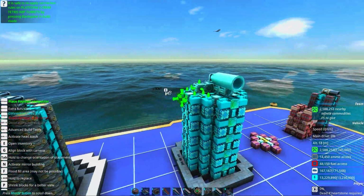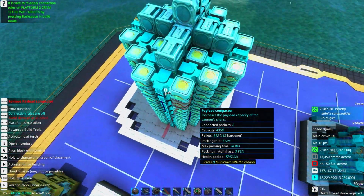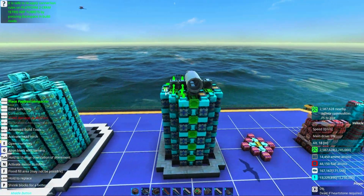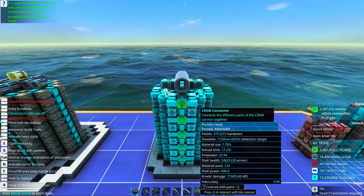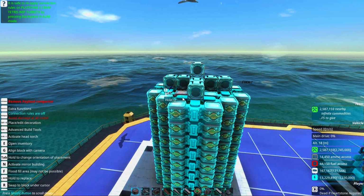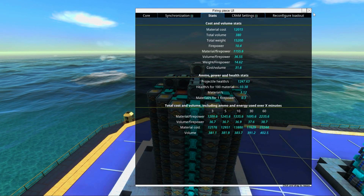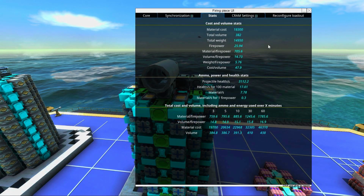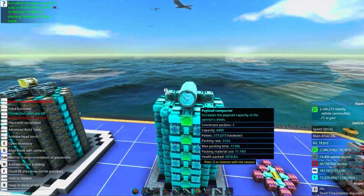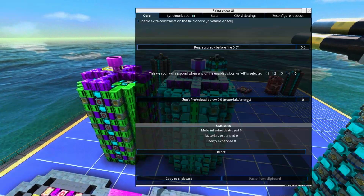So if we compare this, we basically take the dense hardener pellet layer and we just spammed it, and then we added or replaced enough of them with payload compactors so that we have the same capacity. Basically the shot is the equal size. This reloads at 17 seconds, this reloads at 38 seconds. And this has a material per firepower of 1055. And this one again had a material per firepower of 705. So this 3D layer cannon is much more efficient,